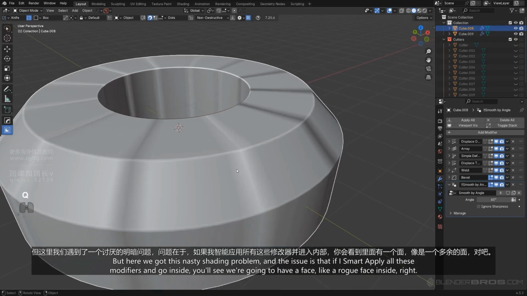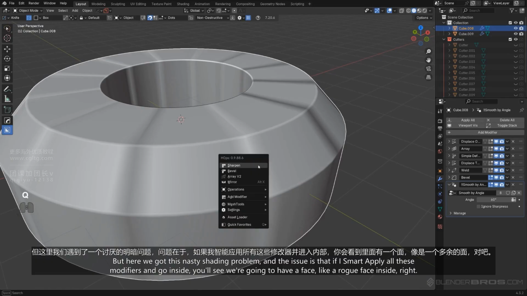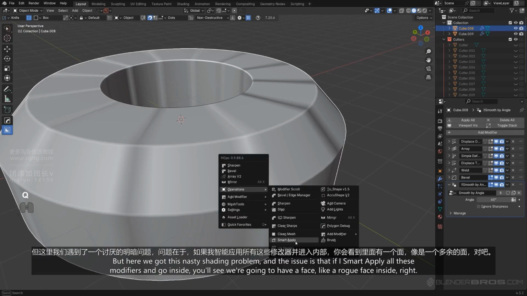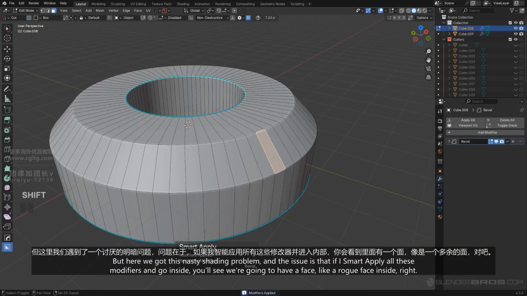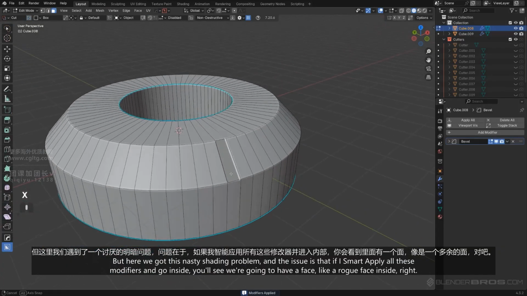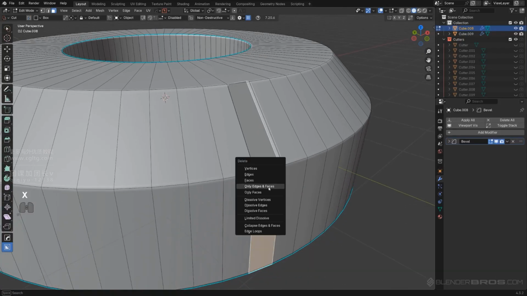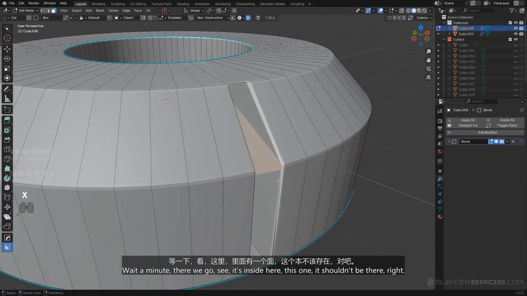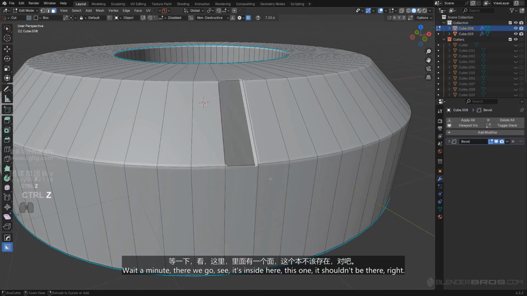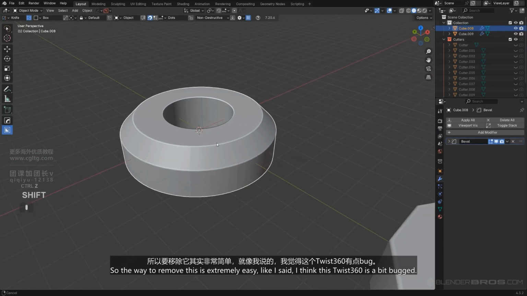But here we got this nasty shading problem. And the issue is that if I smart apply all these modifiers and go inside, you'll see we have a rogue face inside, right? Wait a minute, there we go. See, it's inside here, this one. It shouldn't be there, right? So the way to remove this is